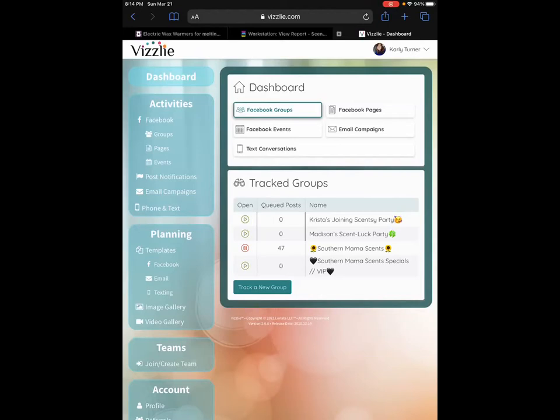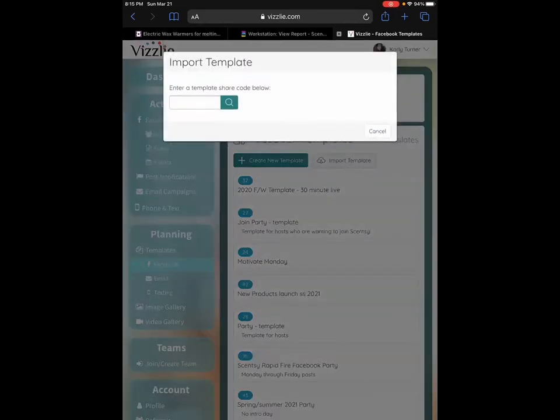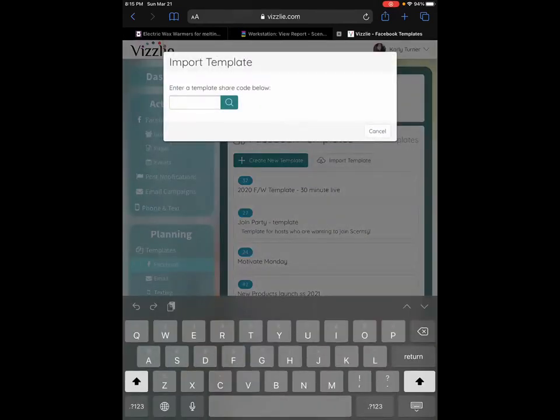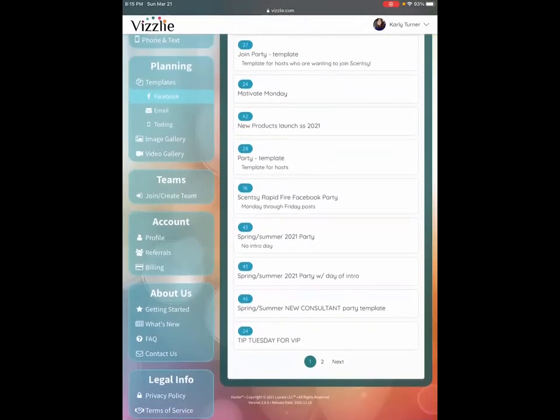So I'm going to go ahead and show you guys what you would do in order to start a template. So first, I'm going to go ahead and give you one of my templates. So in order to do that, you're going to go to templates, hit the Facebook, and then where it says import template, you're going to enter a template code. And I'm about to give you that code if you'll give me 2 seconds. So I am going to give you guys,